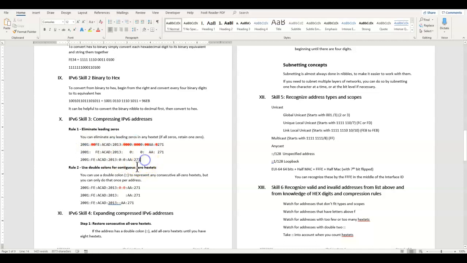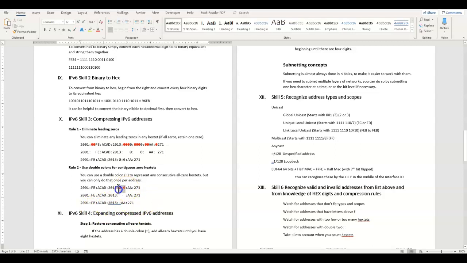The second rule is that if I have 2 zeros in a row in 2 different hextets, I can remove those and put a double colon in its place. Now I can only do that one time. If I had a set of zeros in a row somewhere else in this address, I can't do the same thing. And I can't do it because you would not know how many are left. You see here, by counting these hextets, 1, 2, 3, 4, 5, I've got 6 hextets. Well, I know that I need 8 of them. And so that means that I've got 2 sets of zeros in between these double colons. If I had this twice, I wouldn't know if there were, say, 2 in this one and 3 in another one, or vice versa. So I can only do it one time.